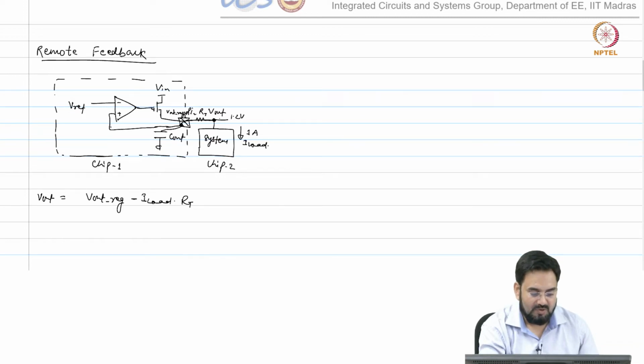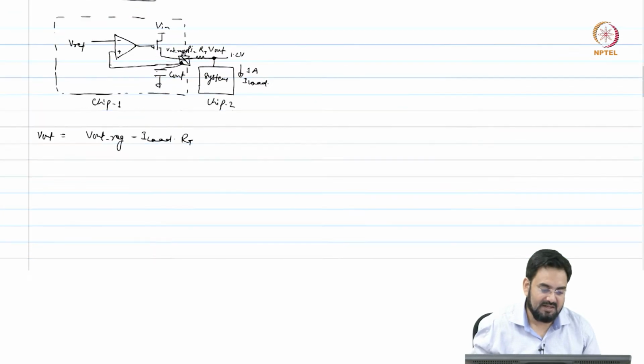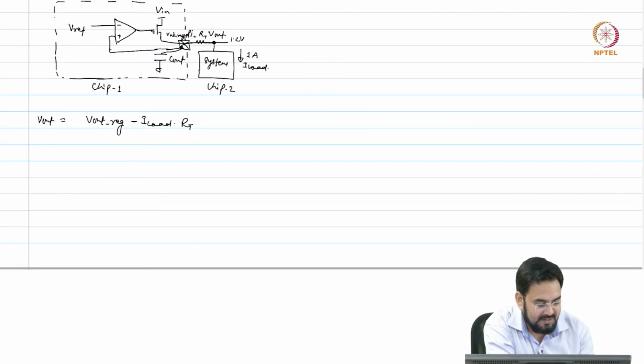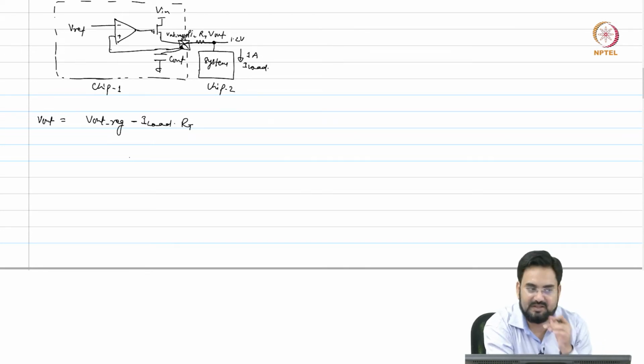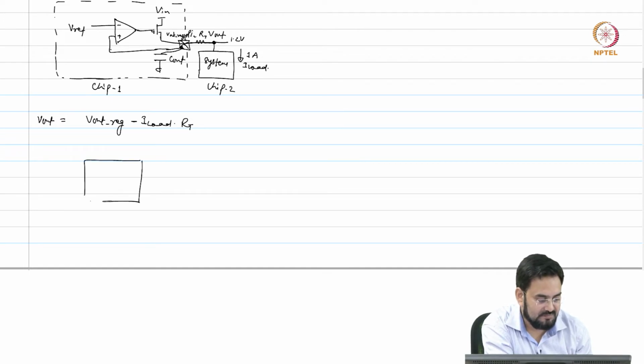So what you do when you design the regulator, you provide not just V out but a feedback pin also, so that it can be connected to the farthest point. So if this is your regulator, and this is your V out, I will provide one more pin.